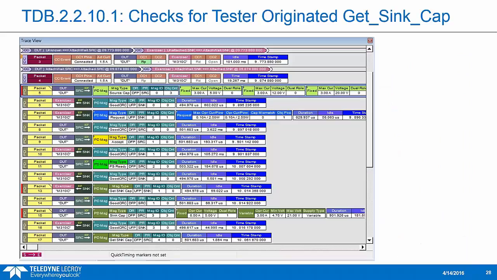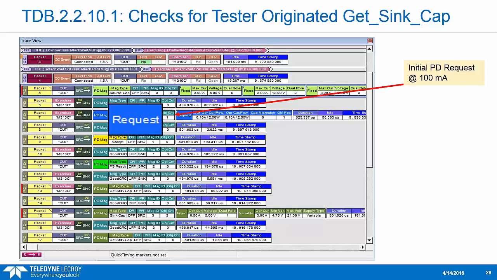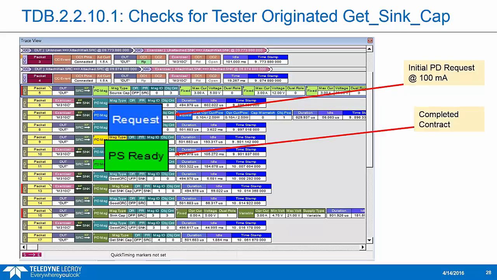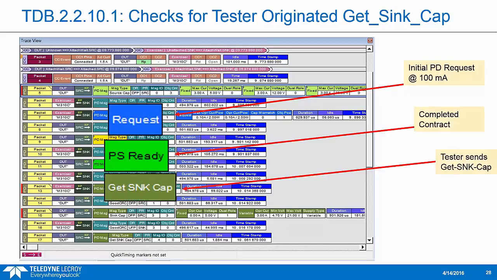In the test 22101, we actually check the protocol side of the sync capability message. So this is more about testing the timing and the handshaking. It's a secondary test, but we couldn't run it explicitly. So the DUT sends his default PDO. We make a request. After the PS ready, we send a get sync capability, and really just to make sure